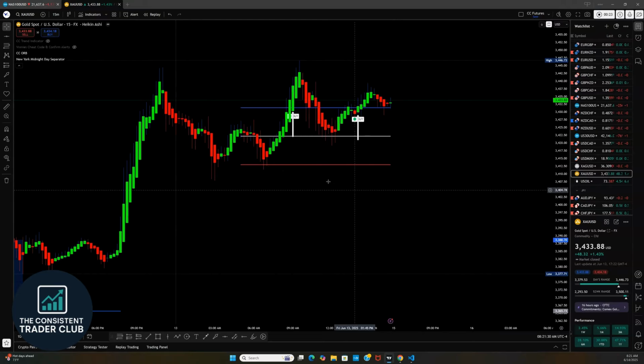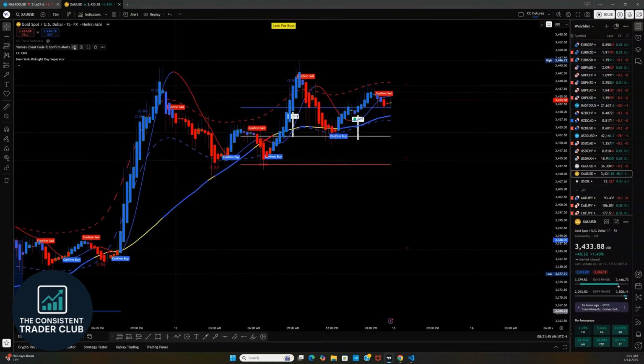So in this example here on Friday on gold, we can see we had a lot of choppiness, right? We had two areas of the market where there were breakouts, okay? Normally, if you didn't have the cheat code, you probably would have taken these breakouts because the overall trend is bullish on gold, right? But when you turn on the cheat code indicator, you can see that we had a cheat code